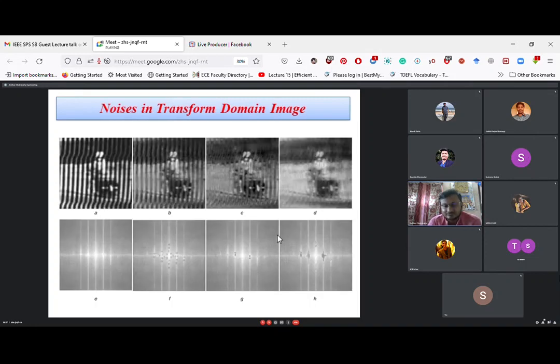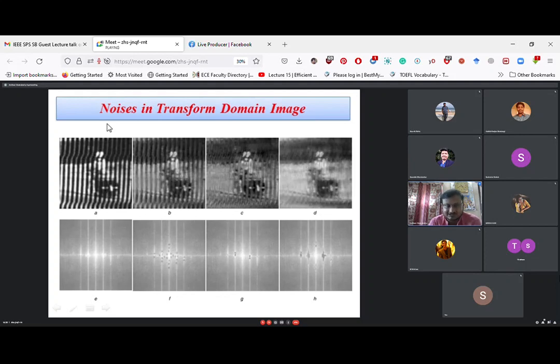This is also noise, but this kind of noise cannot be cleared by spatial domain operation. For removing this kind of noise, we need to go for spectral domain. Spectral means Fourier transform. All of you know Fourier transform. Suppose this image is a spatial signal. It is not a temporal signal. There is no concept of time. In case of still images, there are spatial coordinates, or spatial position of a particular pixel. So it is a spatial domain signal and two-dimensional because each pixel position has two coordinates.